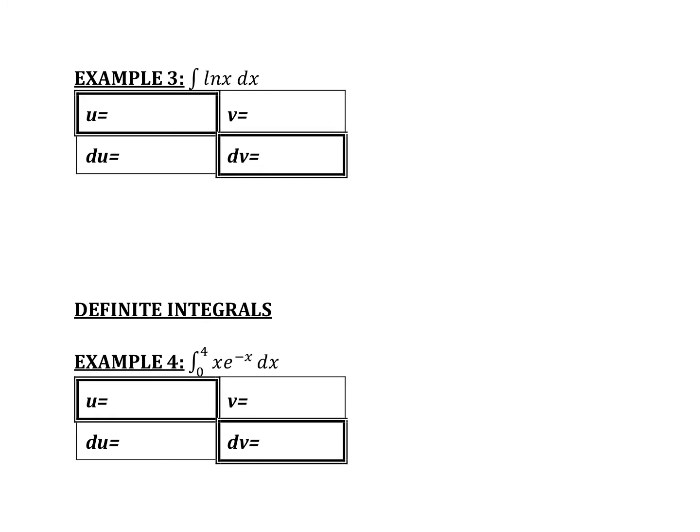All right, looking at example 3. What did you let u be? What did you let dv be? Well, it's kind of funky, this problem, because there only appears to be one expression. So I'm going to give you a scenario, and then I'm going to erase it. So just watch. If I let dv be the natural log of x dx,